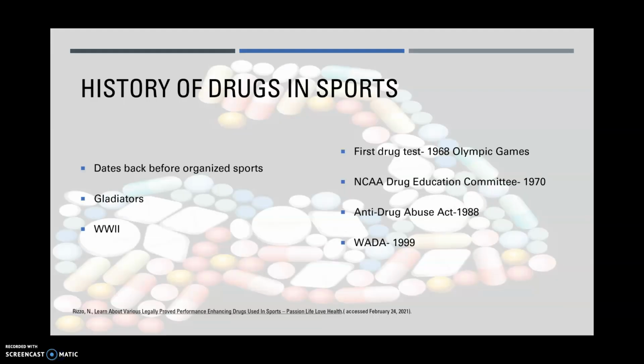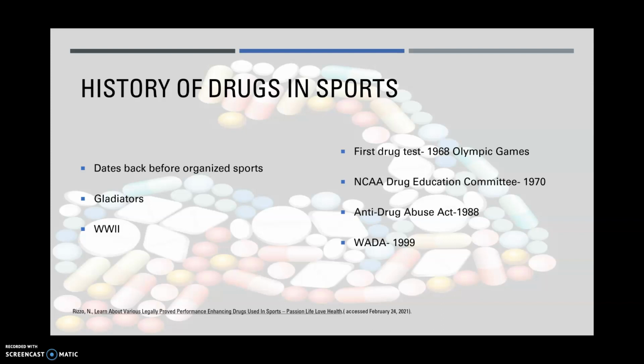Now for the history of drug doping in sports. Drug doping dates back before organized sports, when the Greeks used to use mushrooms and herbs to increase muscle performance. Gladiators also used this in ancient Rome. They used stimulants and hallucinogens to increase the intensity of their fights and prevent fatigue and injury. They even got so competitive to the point where they involved their horses into the drug doping by feeding them stimulants to increase their speed during the fights.